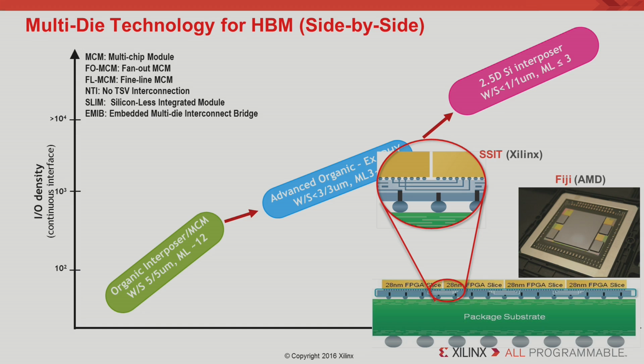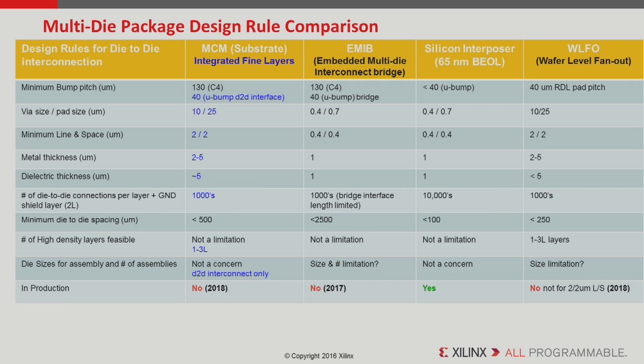And so AMD actually came out with their Fiji product last year with the HPM Gen 1, which uses a silicon interposer platform to interconnect HPM to their GPU. So there is a whole range of options. So in summary, if you classify them as a substrate approach, or a hybrid silicon bridge approach, silicon interposer, or a wafer level approach,